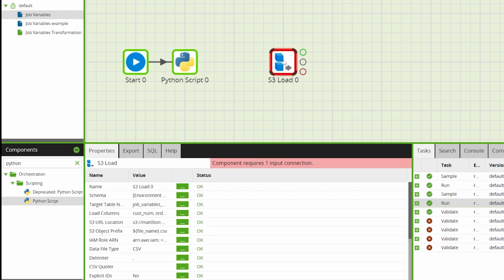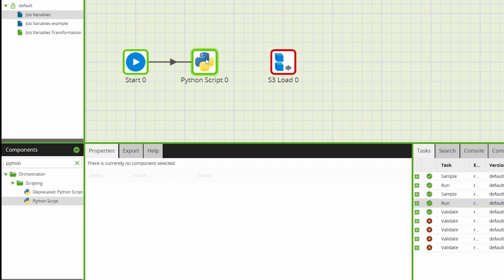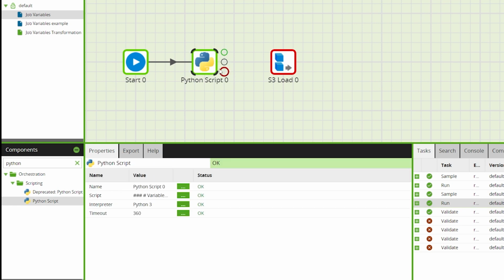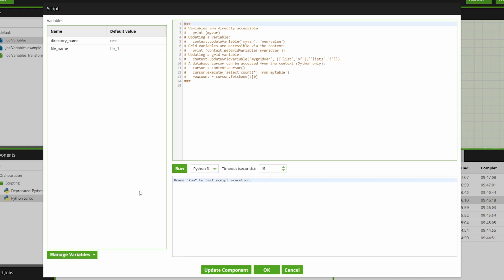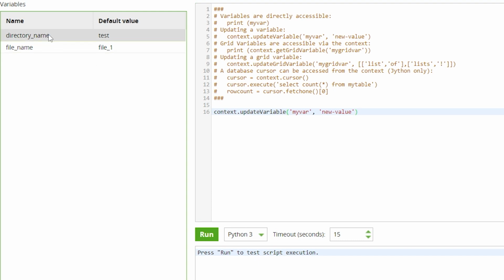Drag a Python script component onto the canvas of the orchestration job. Then double-click to edit the script. We can set the value of the variable using the context update variable object. First, we'll input the variable of directory name, then its new value, which will be variables.